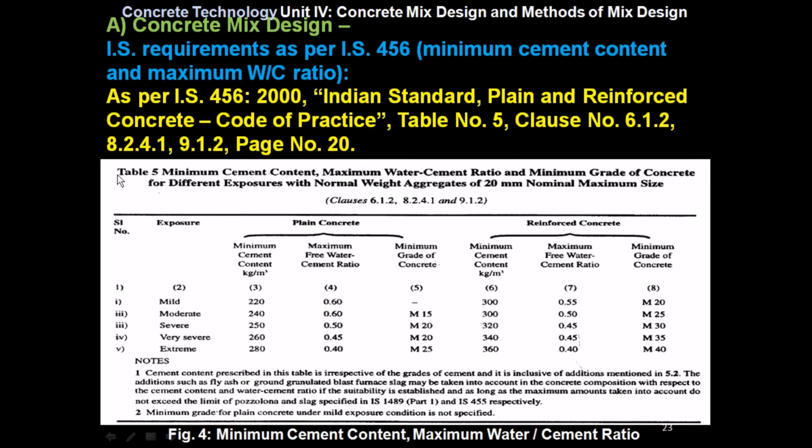The table number 5 shows the minimum cement content, maximum water cement ratio and minimum grade of concrete for different exposures with normal weight aggregates of 20 mm nominal maximum size. So here the exposure condition is shown. This is the data for the plain concrete and this is the data for the reinforced concrete. So figure 4 shows the minimum cement content, maximum water cement ratio.